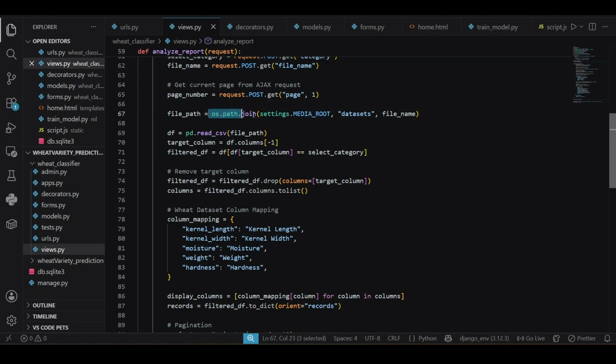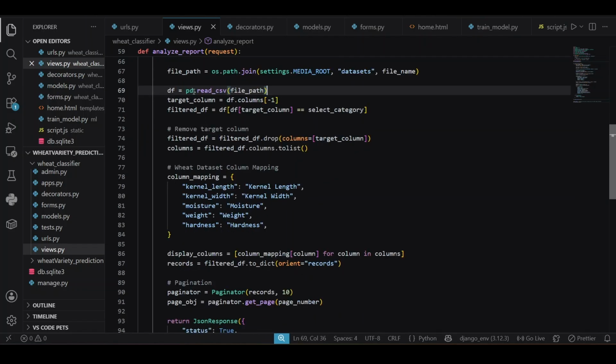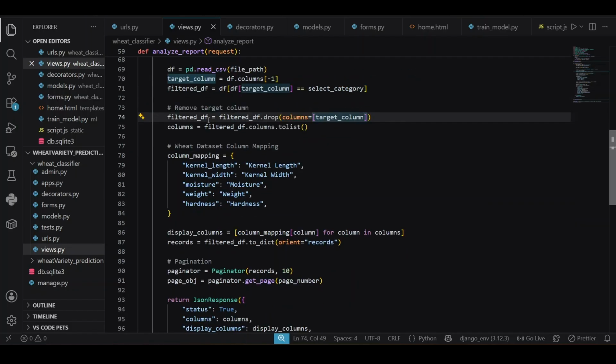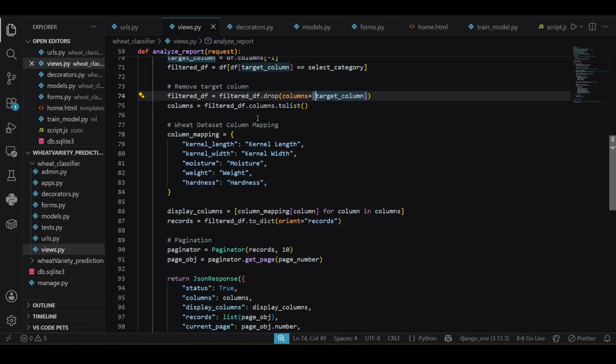Now I'm again using the path, file path, and again the file is read with the help of pandas, targeting columns, and it is checking from the dataset. It will fetch only the records corresponding to the wheat variety the user has selected from the drop down,